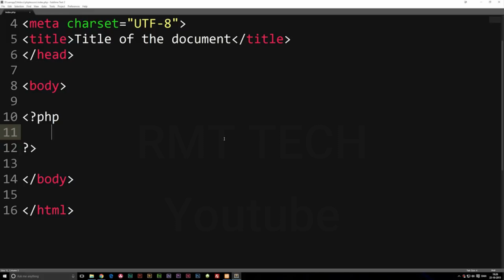So to give you guys an example of a variable, let's actually go ahead and write one out. We're going to write $, which means that now we're creating a variable. And then we need to give it a name. In my case here, I'm just going to call it name. And as you guys can see, it did turn green because it's recognized as a variable inside my code